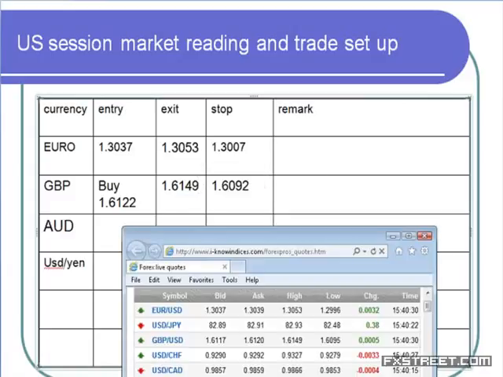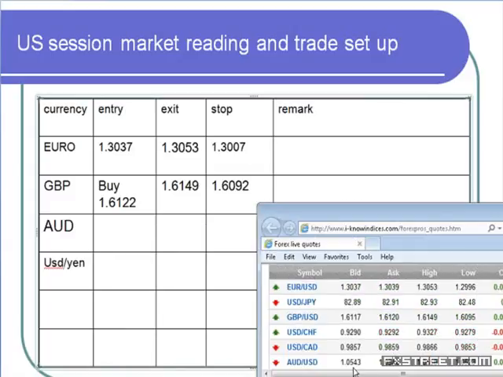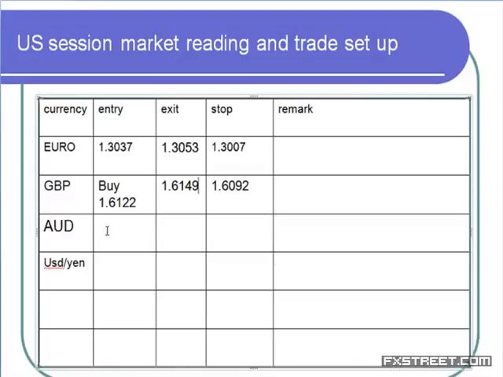And similarly, in the case of the Australian dollar, it is holding above the initial high. 1.0542 was the initial high. They are holding around 1.0543. We can step in here. So we'll take a buy, then keep the exit,